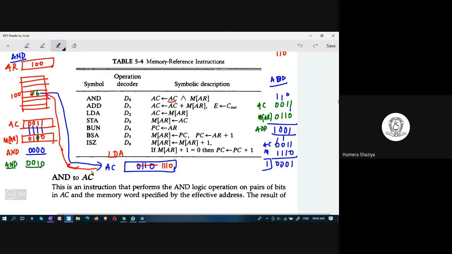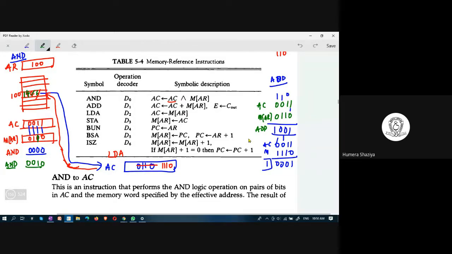Okay, this AC value. So now what would this 100th location get? This 100th location would get 8 plus 4, 12, 13, 14. So here you get 14. Understand, students? Yes, ma'am.